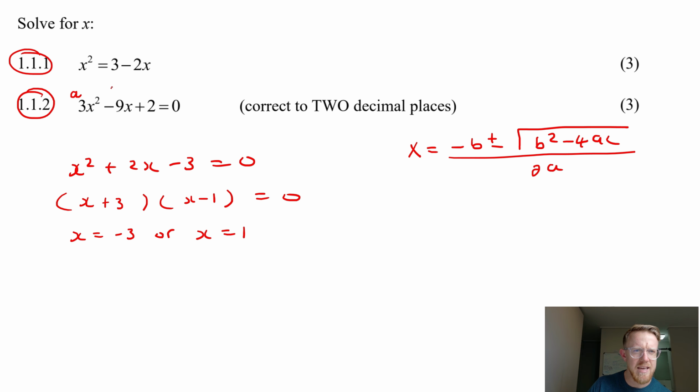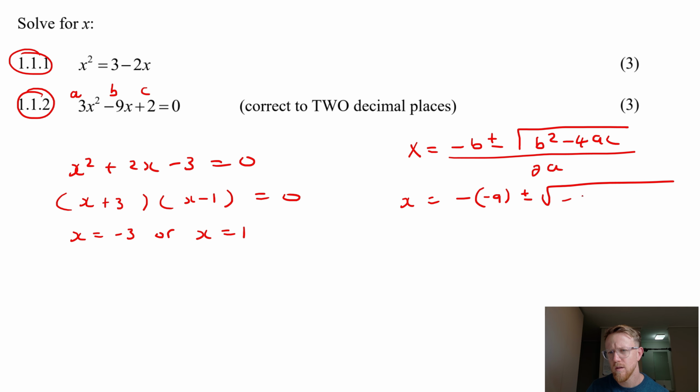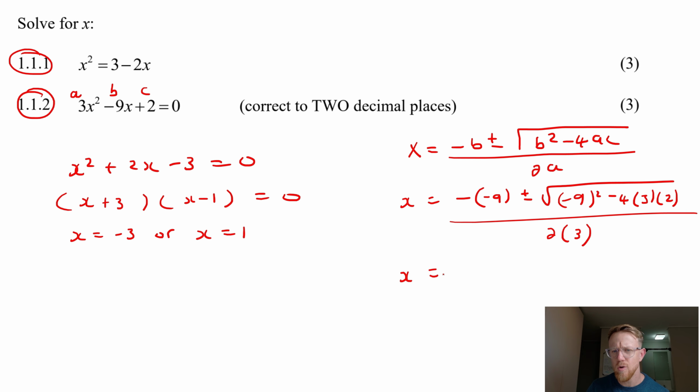So this is A, this is B, and this is C. So we can go for when B is negative, I always put it in a bracket. A is 3, C is 2, and then A is 3. Okay, now you don't need to go and simplify that. You just go and plug it on your calculator now. So the first one you should get is 2.76, or x is